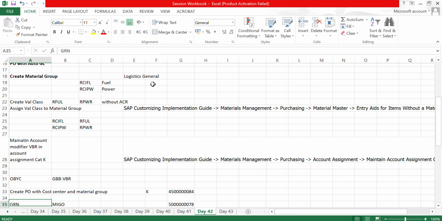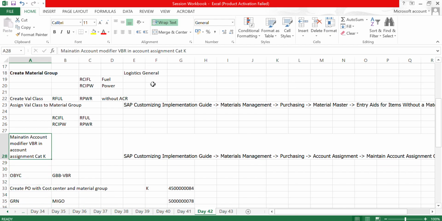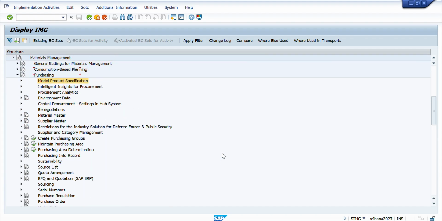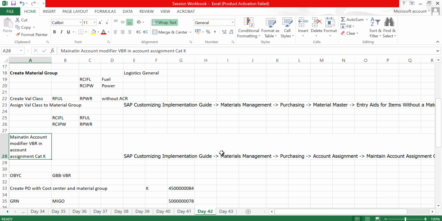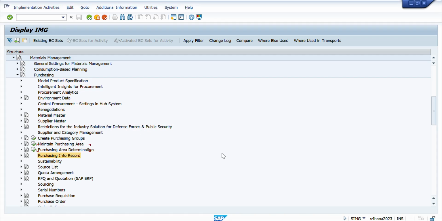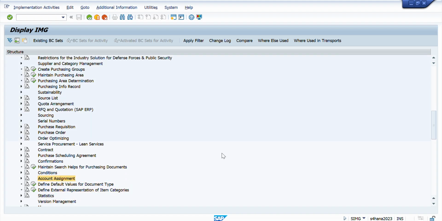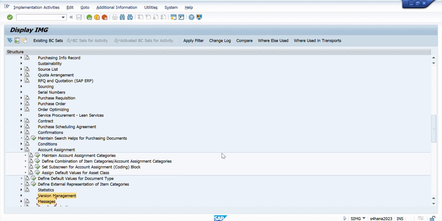The next is we have to assign the GL accounts. Now if we are going to assign the GL accounts, to which account modifier we will be assigning the GL accounts, that is set in the account assignment category. For this we need to go into the material management. Under the purchasing we have the account assignment. Yeah, we have that here. Under the account assignment,